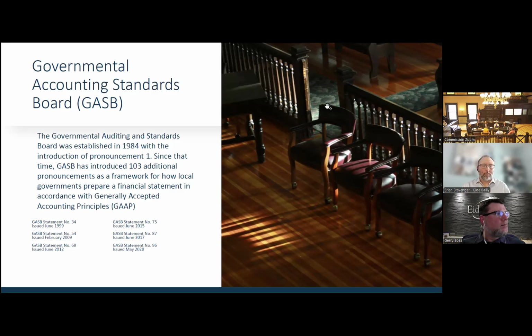GASB 87 requires financial statement to include lease resources, inflows, and liability outflows for the reporting agency. So county staff actually did identify all leases at the implementation of this pronouncement. Any leases that have been determined by our independent auditor to be material are noted in a footnote on our